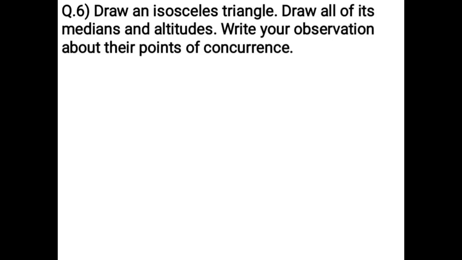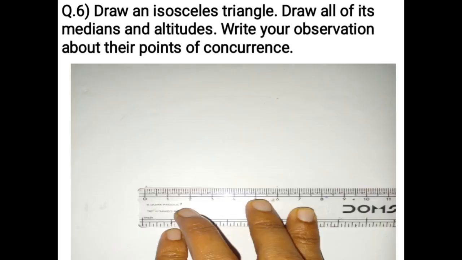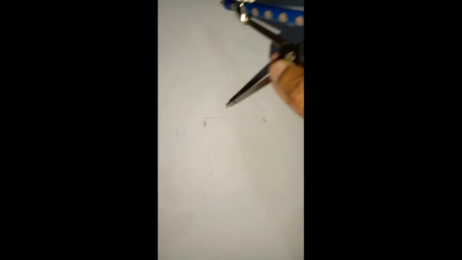Isosceles triangle means two sides are equal and third side is different. First you have to draw base line segment 6 cm. Name of the line segment is segment BC. To draw an arc, you have to keep the compass on point B and point C. Both arcs should intersect each other. Then you will get both sides equal if you use the compass and pencil. Take the distance between compass and pencil 8 cm to draw an arc on point B and point C.